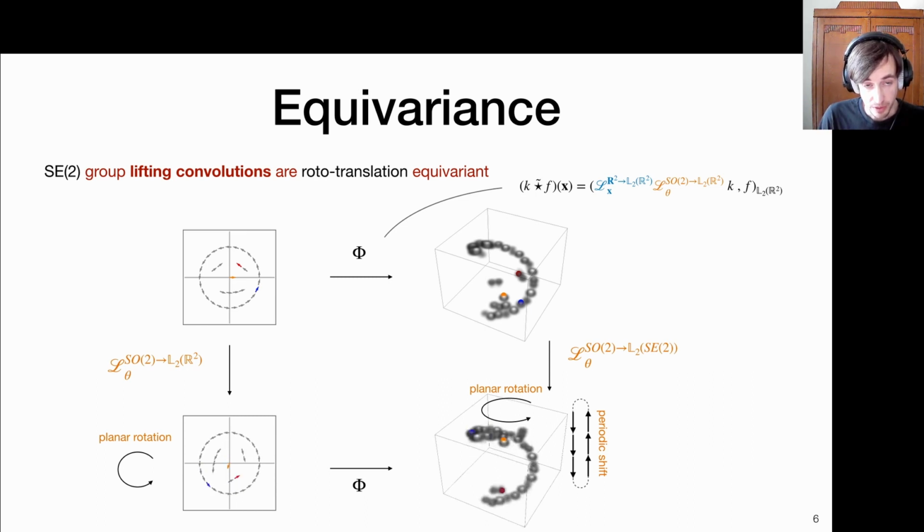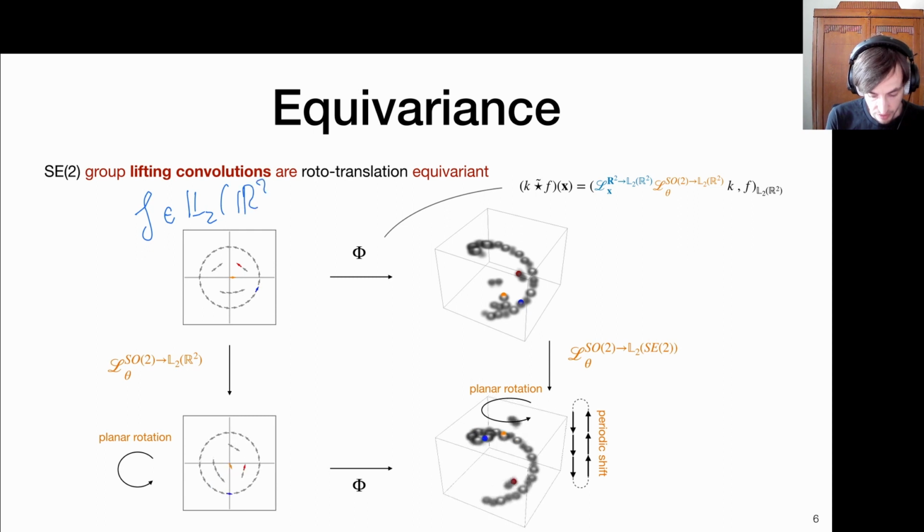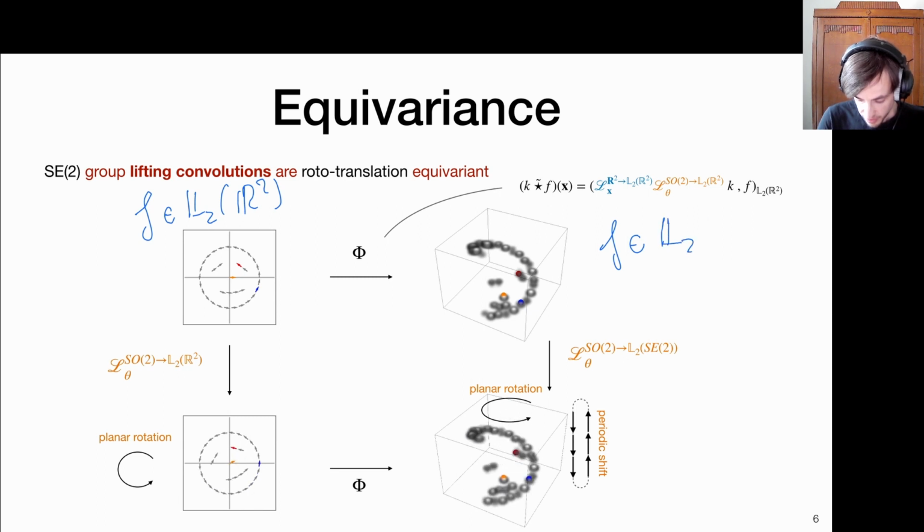But it is important to note here that before we apply this operation, we worked with functions f in L2 R2, so on position space, and here the output are functions f on L2 SE2 that live on the group. So we deal with different types of objects, a 2D image and a 3D feature map,